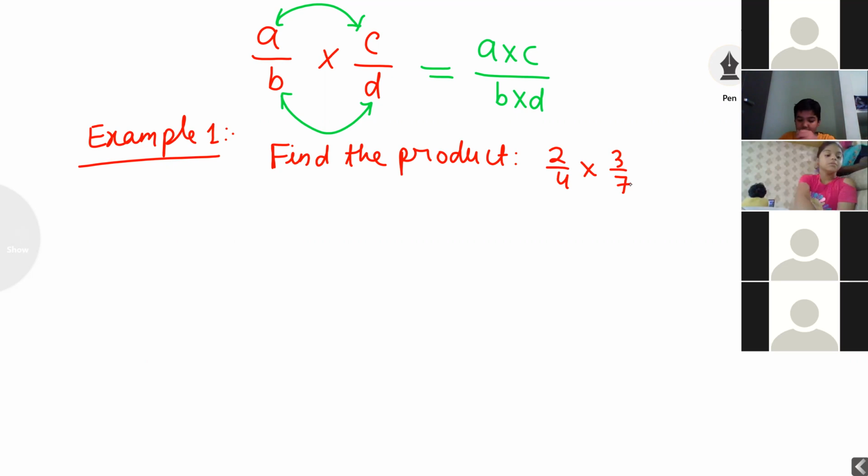Students, one concept is very important. In the case of addition and subtraction, we do cross multiplication or the LCM concept. But in the case of multiplication, I simply multiply numerator by numerator and denominator by denominator. Here we will not do cross multiplication. Always keep this point in mind: when the multiplication symbol is there, we will never do cross multiplication.